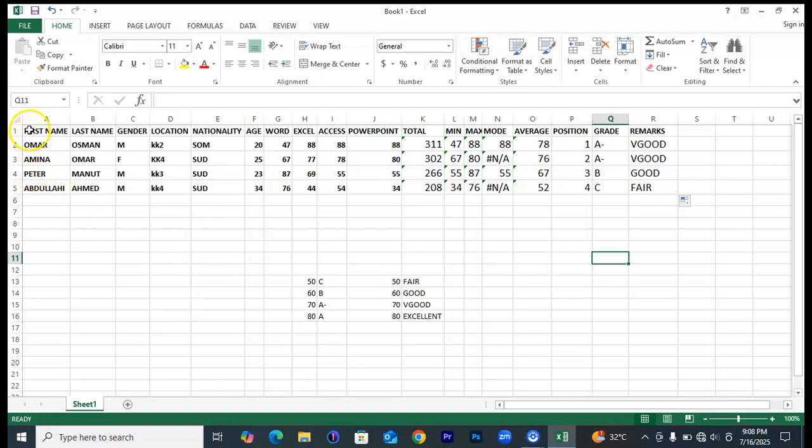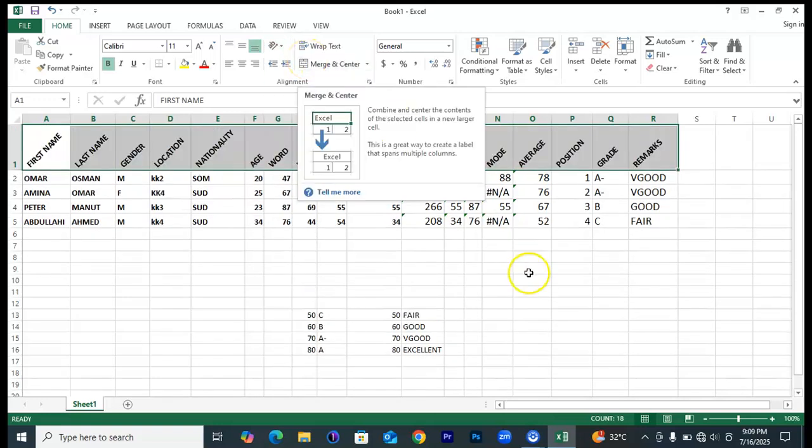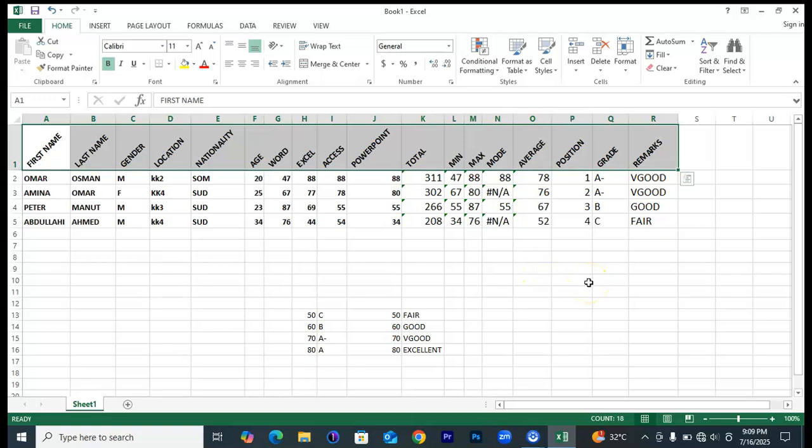So I highlight first of all the heading up to that point. Then I come to the Home tab. Under the group of alignment, I have orientation here. Then I click here. I have angle counterclockwise, angle clockwise, vertical text, rotate text down, format cell alignment. I'll be clicking angle counterclockwise in order to create a space, in order to resize